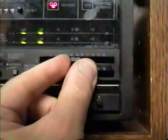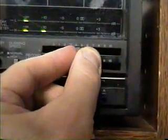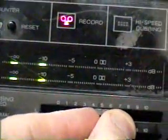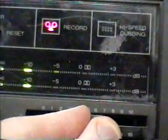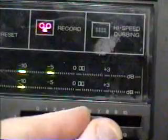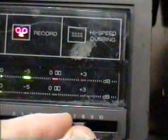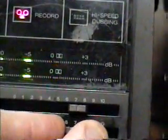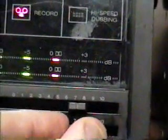For the purpose of the video, I'm going to use both levels at the same time to try to align it just right. I'm going to try to get as close to the display with the camera as possible without it getting out of focus, so you can see exactly what's happening here. You can probably hear the music in the background, but I have it real low so that you can hear me talk. I'm moving the level up very, very slowly as the song is playing until the red just barely shows. Sometimes I'll let it go even up into the decibel 3 range,